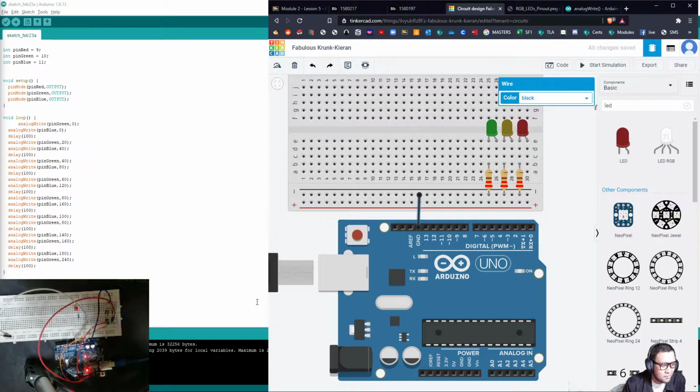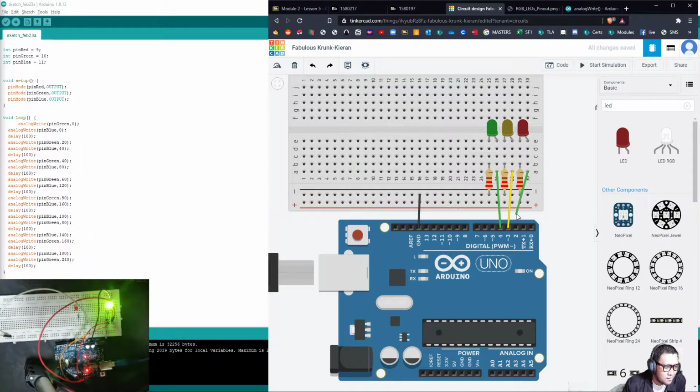Next one is to add wires to each of the remaining legs of the light emitting diodes. So here, let's connect it to pin 4. Leave the color as green. Then the other leg, for the yellow, put it in pin 3. Let's change the wire color to yellow to match the bulb color. Then let's assign this to red